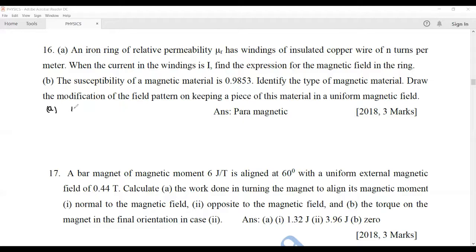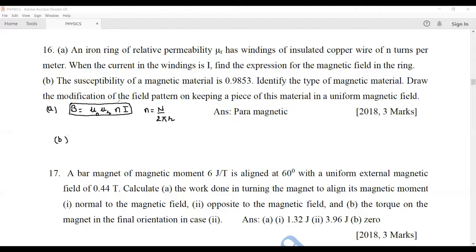Okay, and the expression of the magnetic field inside the core of the toroid is mu naught n into I. Now here the material is inside the core, so the permeability will be the permeability of that medium, which is mu naught into mu r, where this small n is the number of turns per unit length. And the length of the Amperian loop which we have considered will be 2 pi r. So this is the expression for the magnetic field inside the core of a toroid.